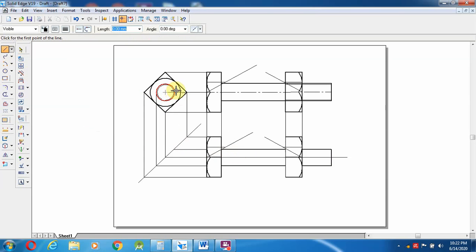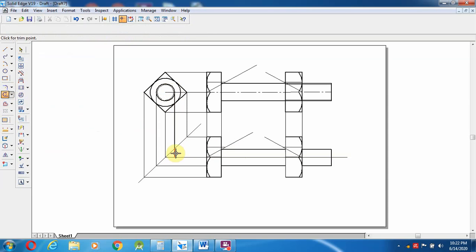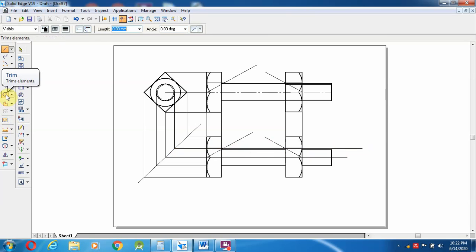So delete this line, select a trim option, select from here to make it as a trim